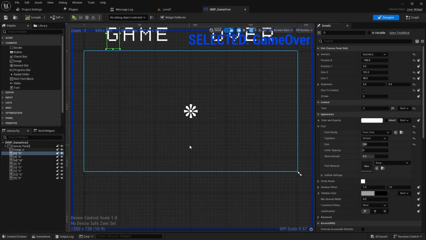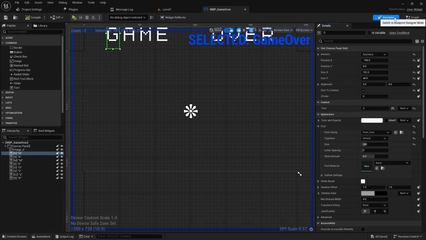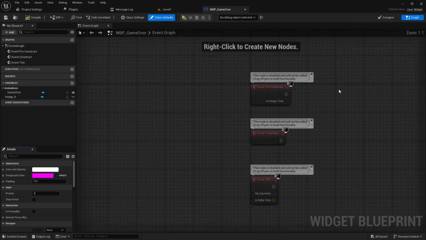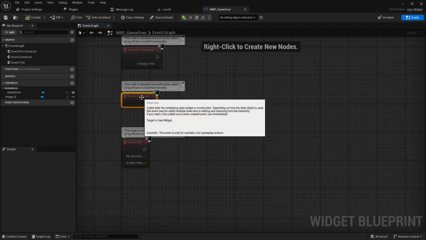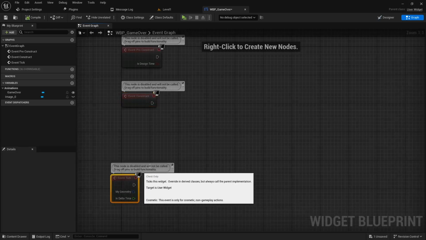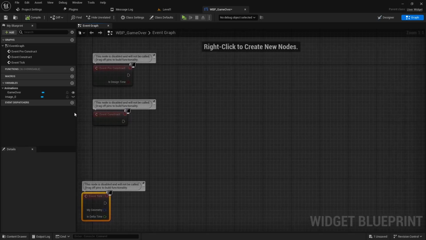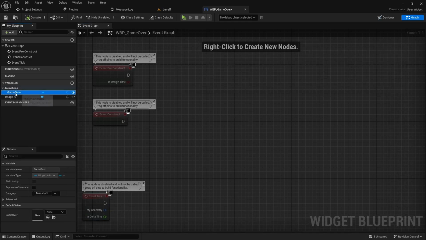The next thing we'll want to do is we're going to leave our designer view, and we're going to go in the graph view real quick. We have a pre-construct and a construct. It's basically kind of like begin play, basically when it gets created. So we have our game over animation on the left. That's kind of like a variable. You can drag that out